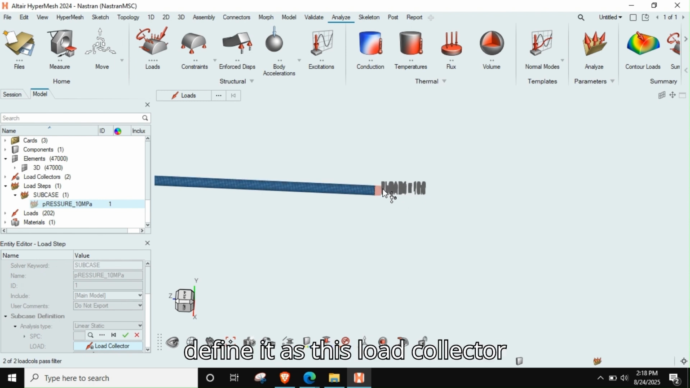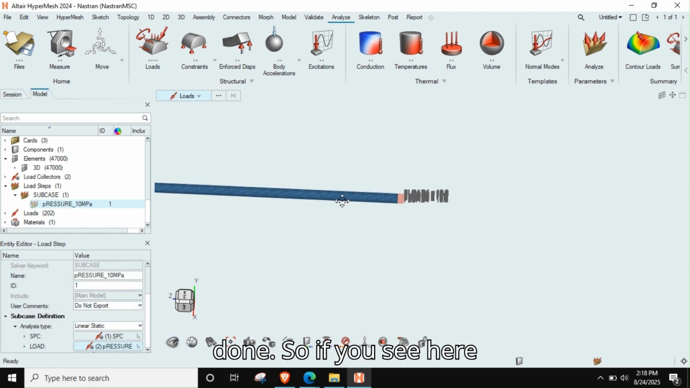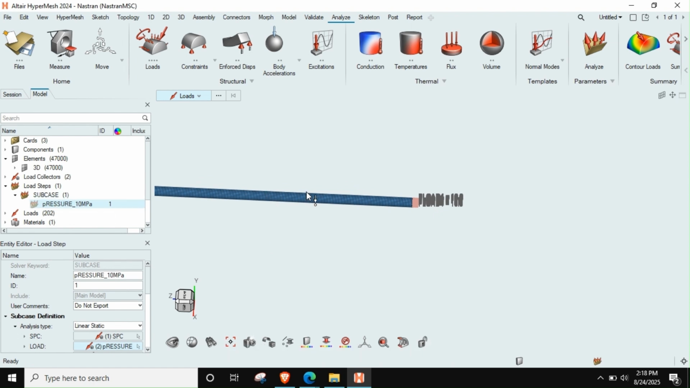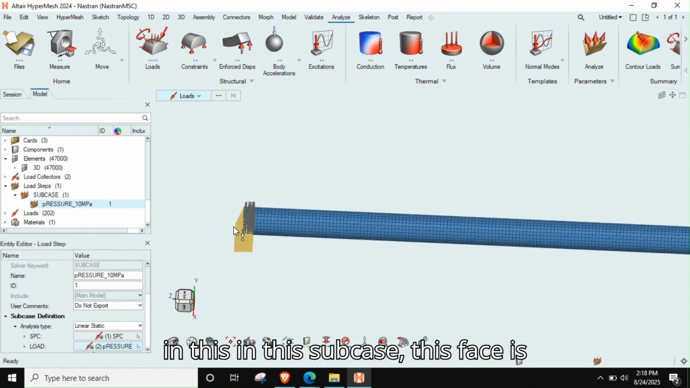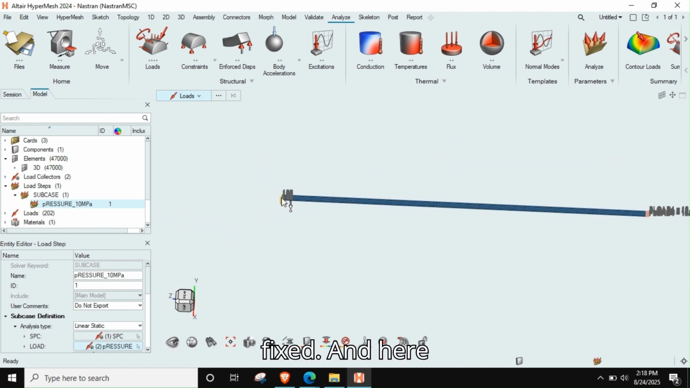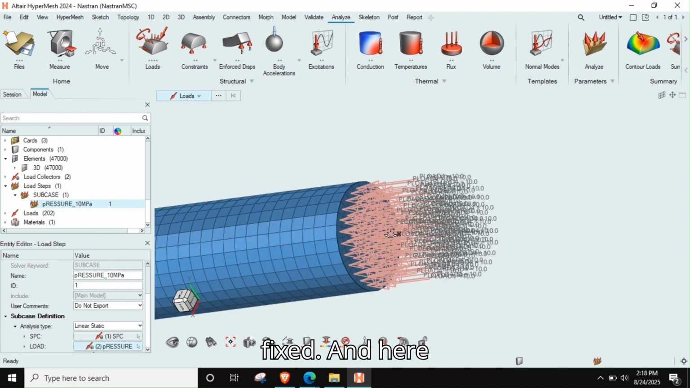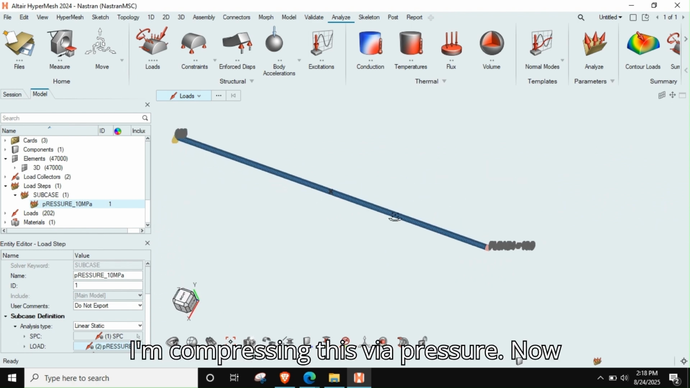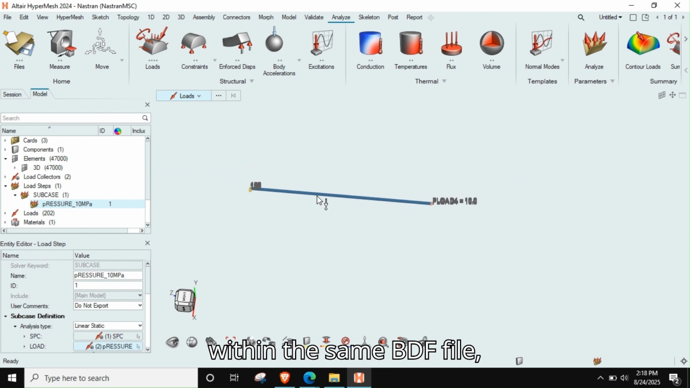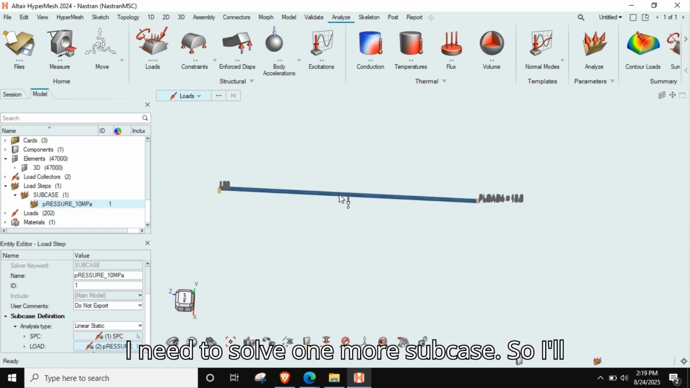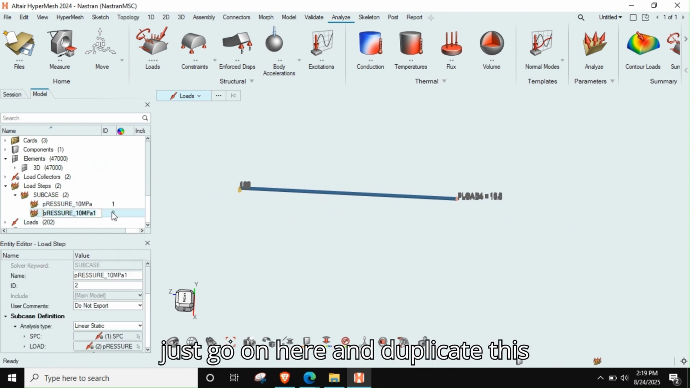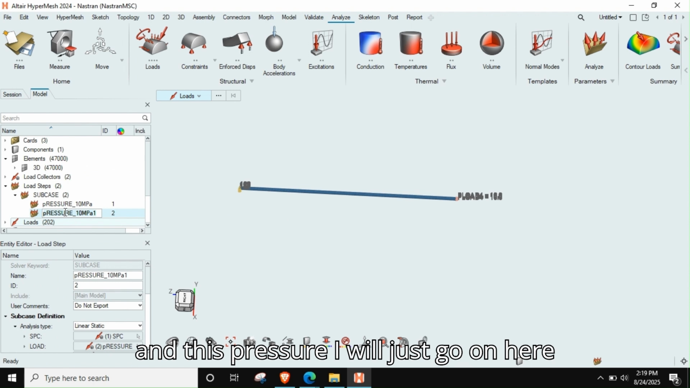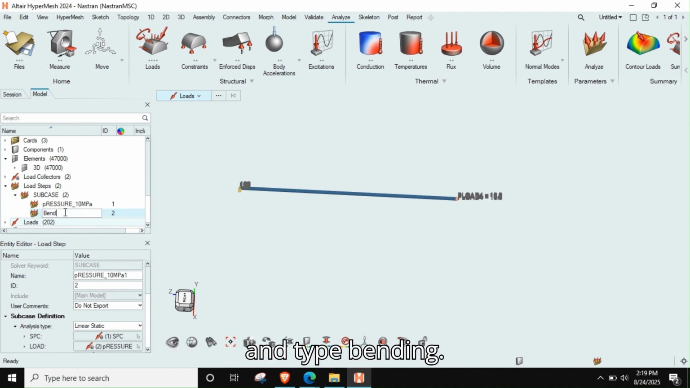Loads I will define as this load collector. Done. So if you see here, in this subcase, this phase is fixed, and here I am compressing this via pressure. Now within the same BDF file, I need to solve one more subcase. So I'll just go on here and duplicate this, and this pressure I will just type bending, and